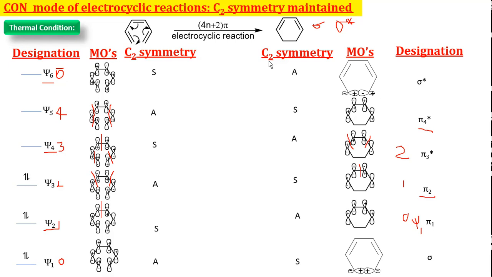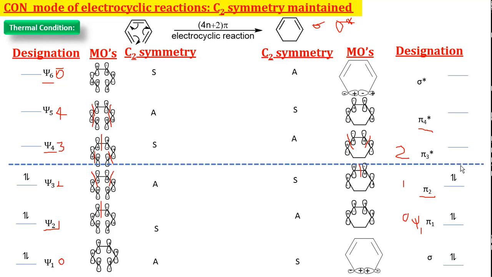Yes. Let's fill the electrons. The sigma bond has 2 electrons, pi 1 has 2 electrons, pi 2 has 2 electrons. Because, friends, one sigma bond has 2 electrons, this pi bond has 2 electrons, another pi bond has 2 electrons. 6 electrons are filled here, and the remaining orbitals are empty. So let's classify the high energy molecular orbitals from the low energy molecular orbitals, that means molecular orbitals with electrons and molecular orbitals without electrons. So that is the classification.